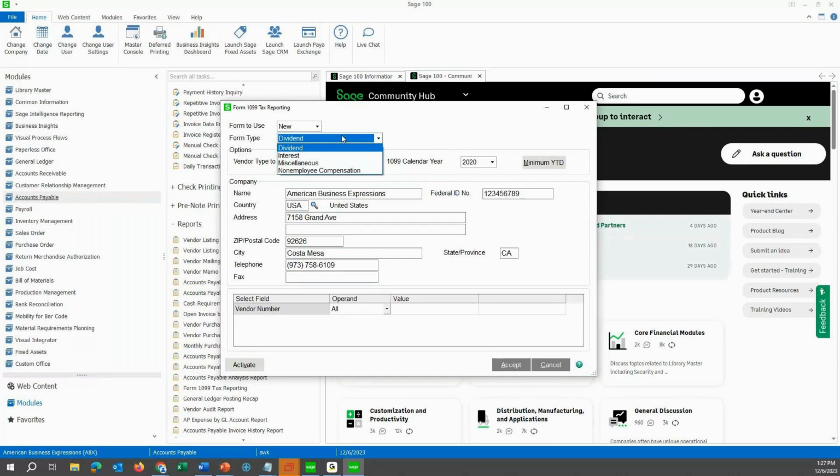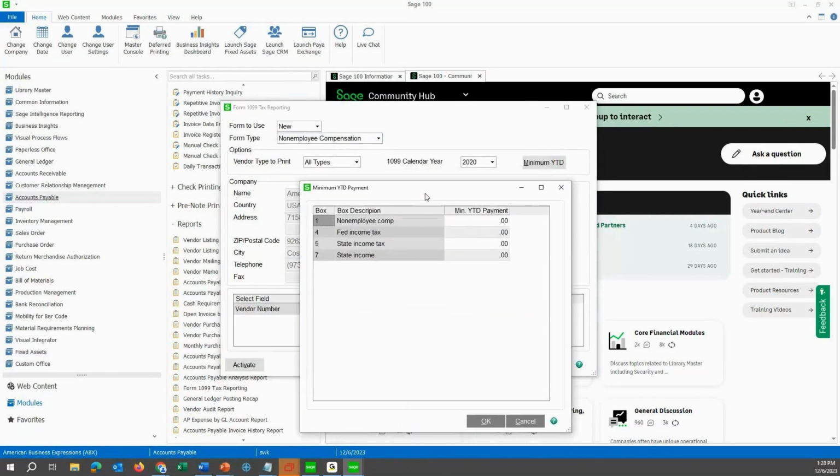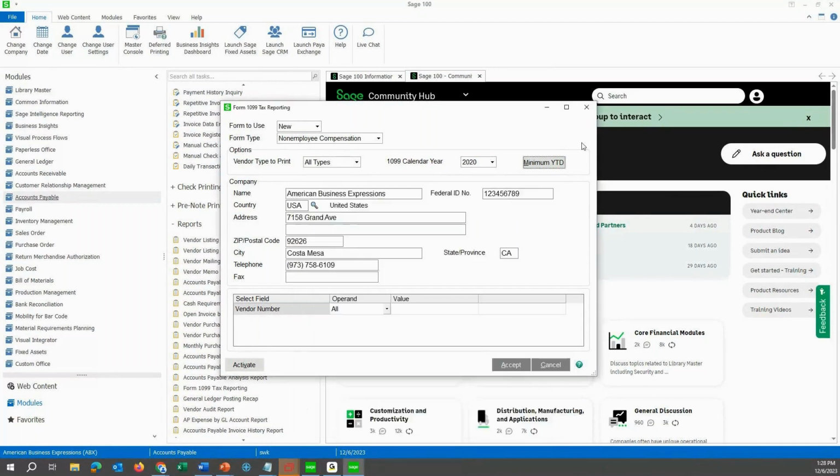based on the type of 1099 vendors that you have. I have non-employee compensation vendors, so I'm going to just print these for the sake of our demonstration, but they all print pretty much the same way. There's a minimum year to date, and there's a minimum for 1099s, whatever that may be for the year, I think maybe $600. You'll put that minimum in this minimum year to date button, and that will allow for Atrix to not select